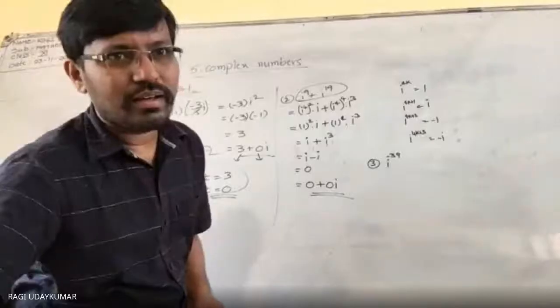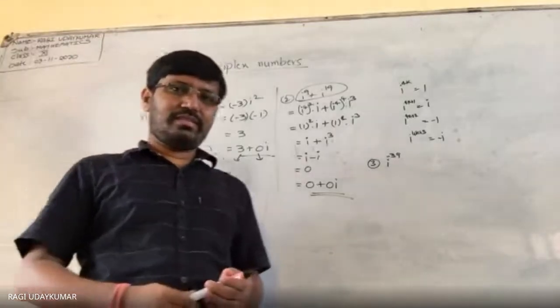हाँ सर, इसको 2 पार्ट में डिवाइड करके I, जैसे कि सर हमें 13 के टेबल से पता चलता है 13 और 26 प्लस करने से 39 आता है. तो अगर हम I को 2 पार्ट में डिवाइड करेंगे, I to the power 13 into I to the power 26, और फिर सर I to the power 13 को 2 पार्ट में I to the power 10 और I to the power 3, और 26 वाले पार्ट को I to the power 13 into I to the power 13, ऐसे करके कर सकते हैं शायद. हो जाएगा ना.